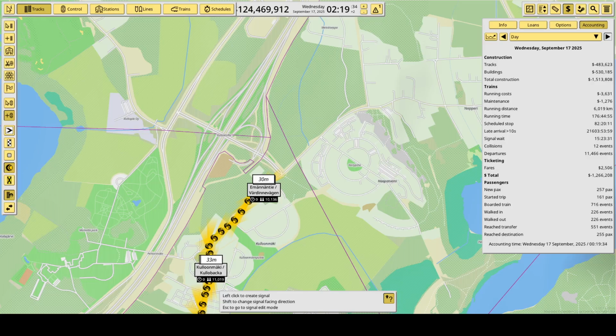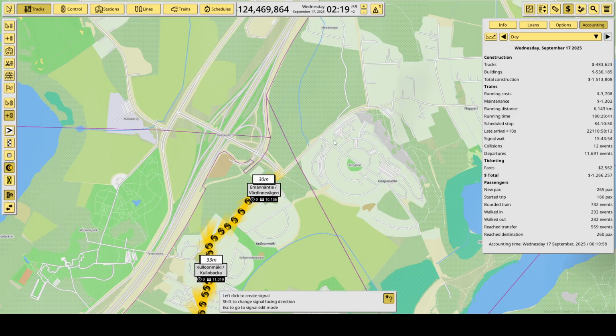After Emännäntie, we will then stop at Haapaniemen Risti. What? Haapaniemen Risti. Aspnes Udden. That's a fairly strange translation, but okay.